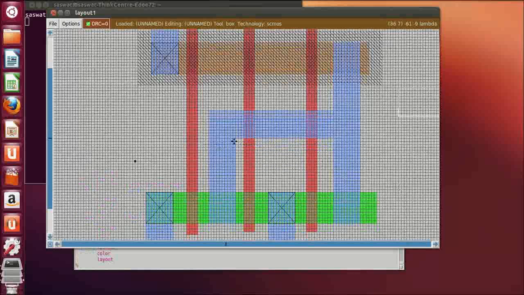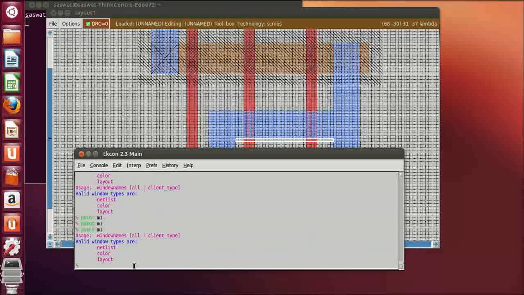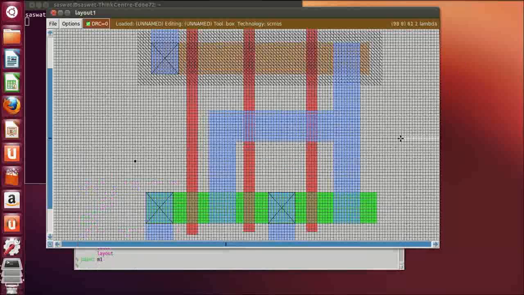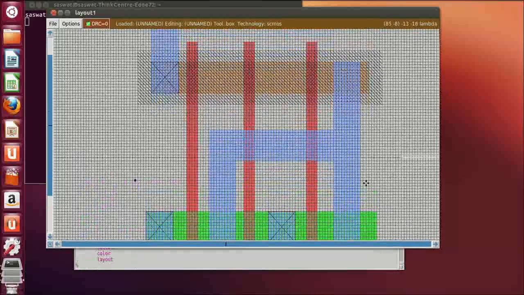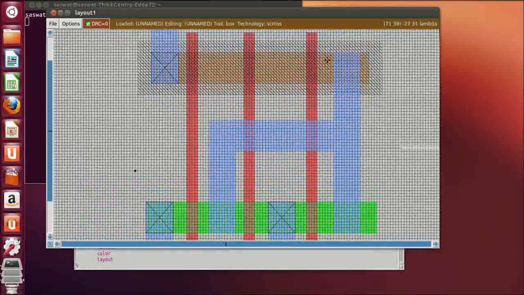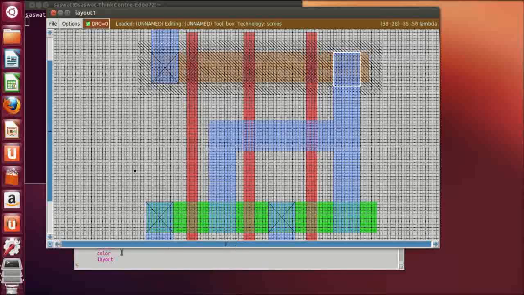Just we need to extend one more layer. Paint M1. Okay, now we have to place the contacts over here. So select the area,